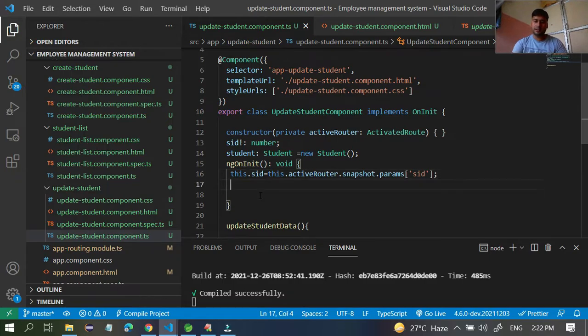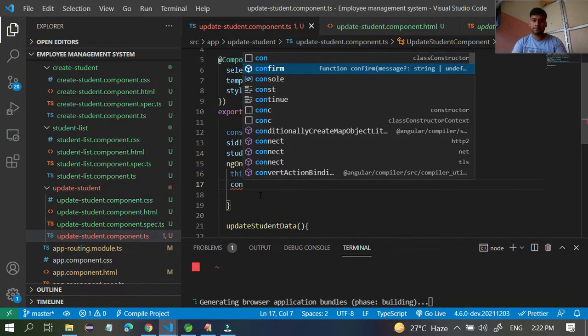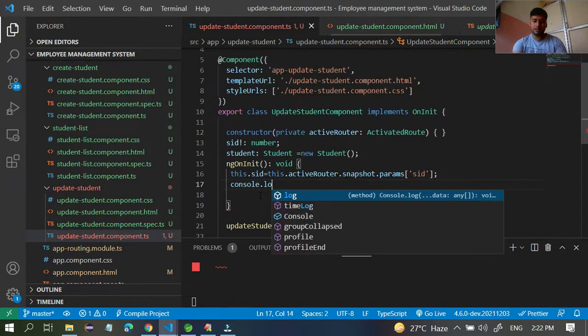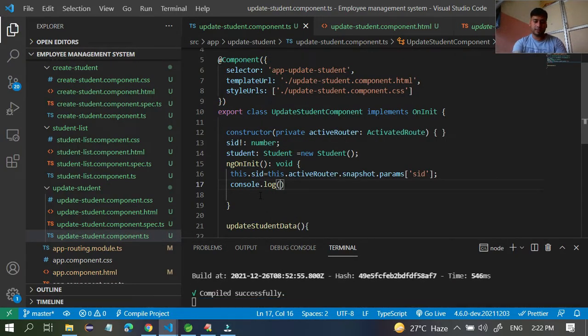Once you read it, you can also do console.log of sid. That's it.